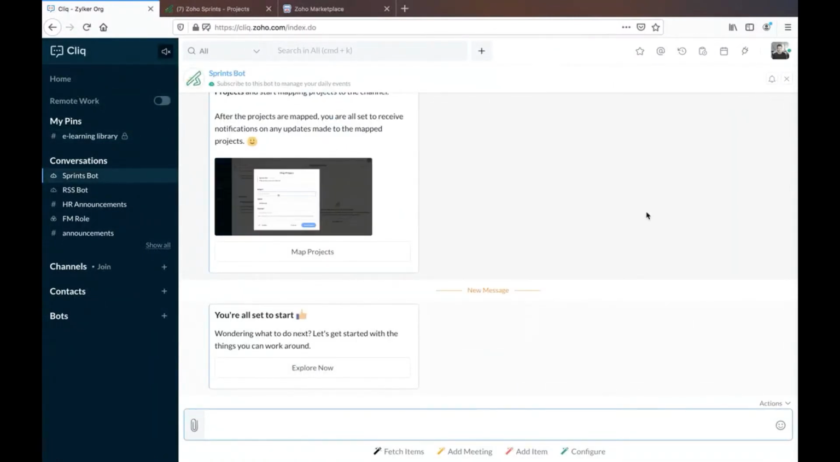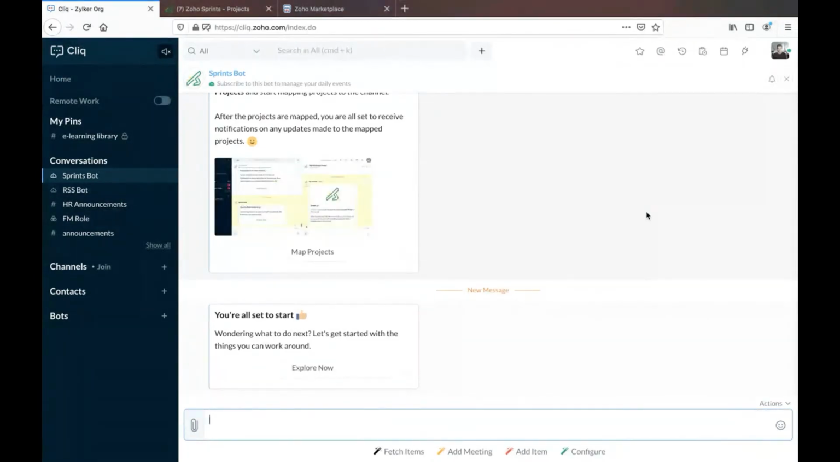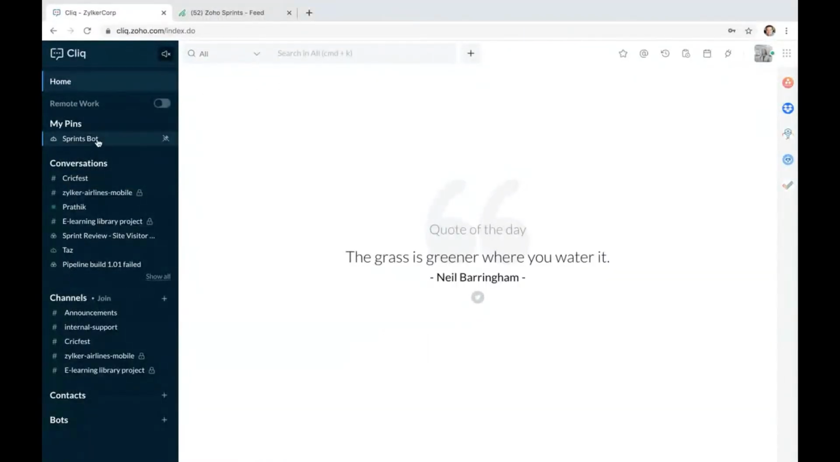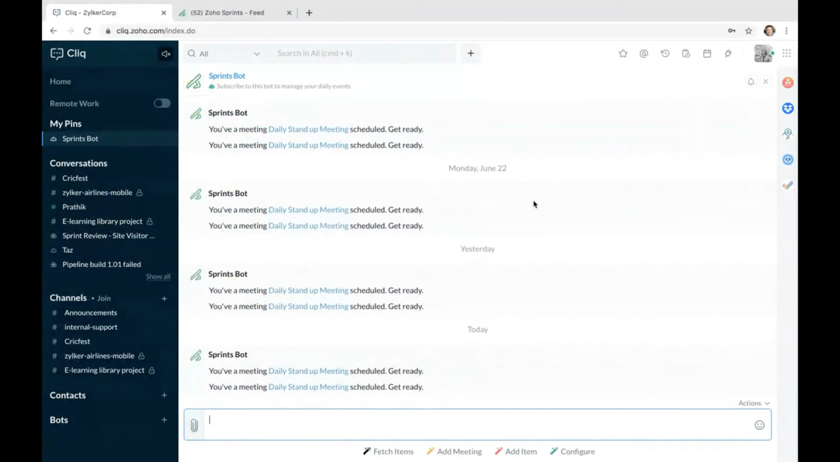So let's move on to understand how exactly the bot can help us with all these different updates and what are the other different options the bot has to offer. So I have my sprints bot here, and as you can see, the bot sends an everyday reminder to me about a specific meeting that I have to attend. So if I want to directly attend the meeting and I want the link, the bot will just present me with the link. I can just click on this link and directly start joining the meeting and start giving my